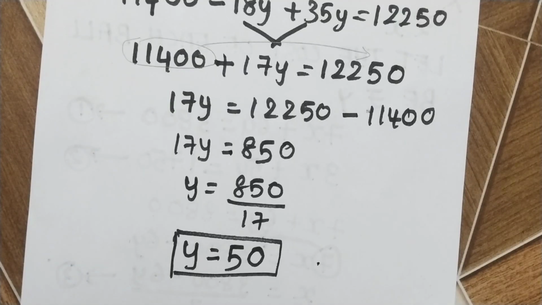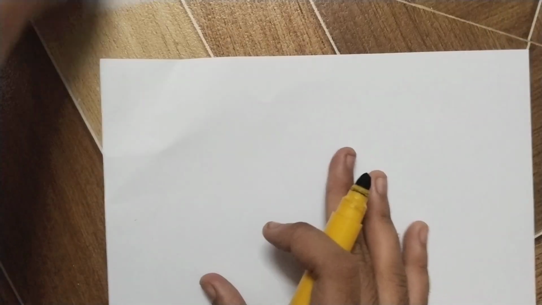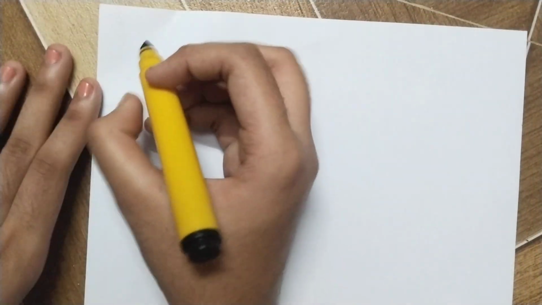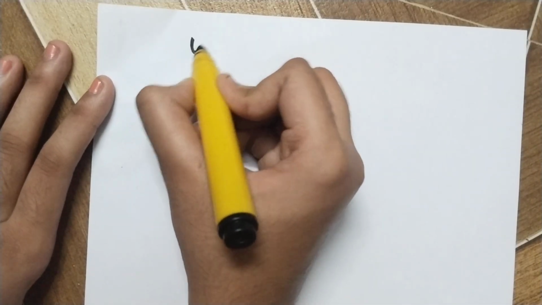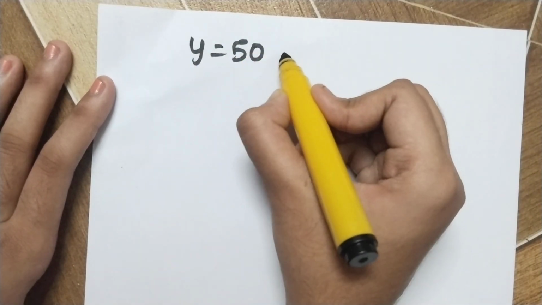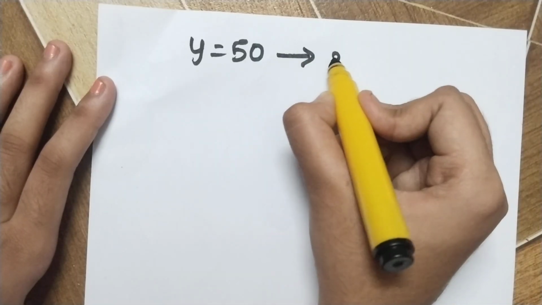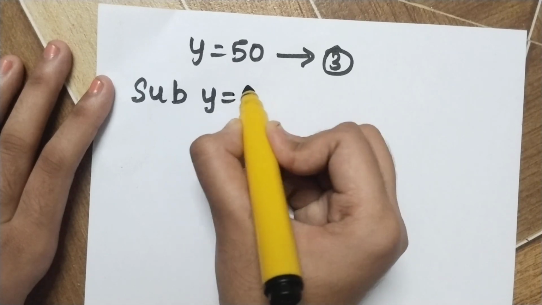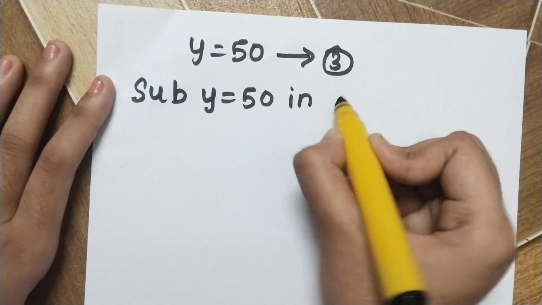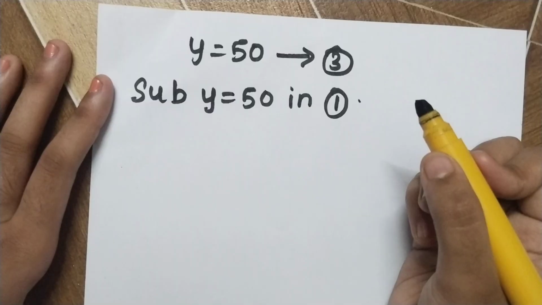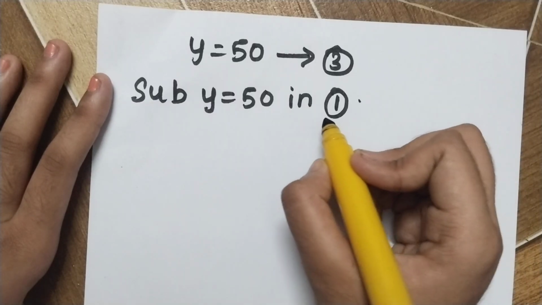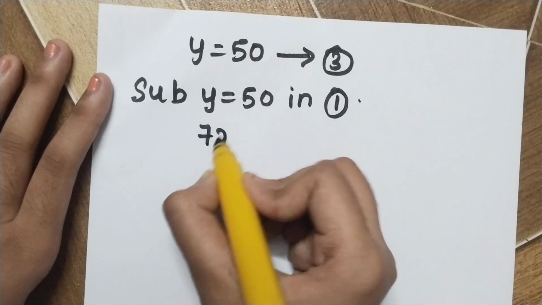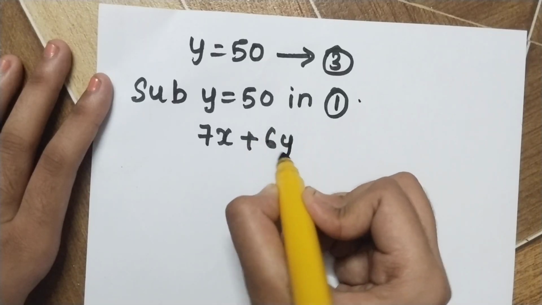So now I got my y value, but I have to also find x value, right? So now I'm going to find x value also. So my y value is 50. Okay, so I'll name this as third equation. So now substitute y is equal to 50 in first equation. Okay, can substitute in any equation. Here I'm taking first equation. So my first equation is